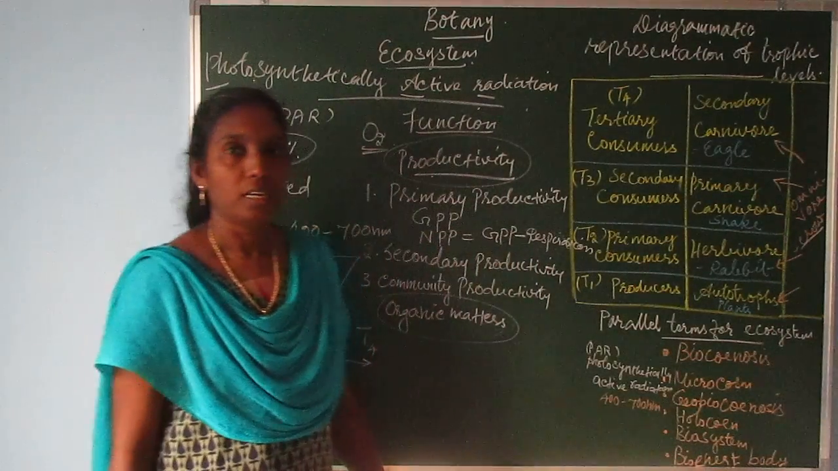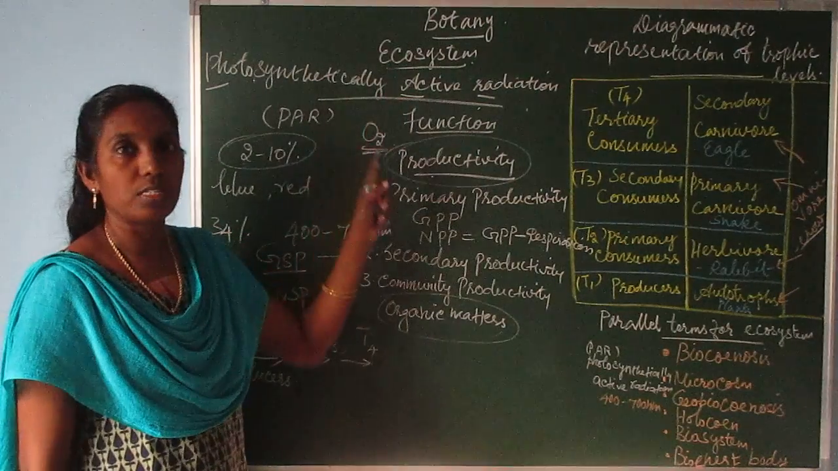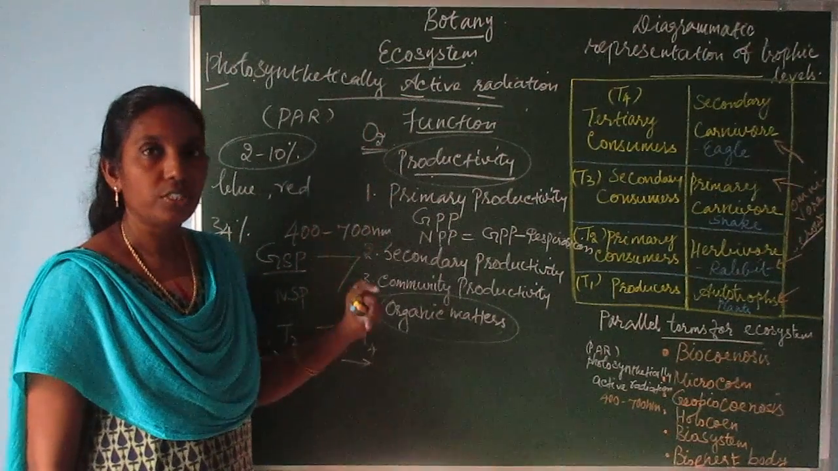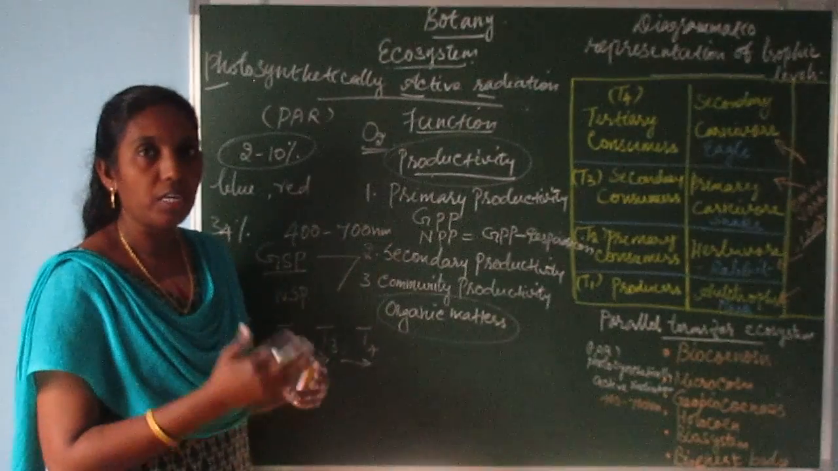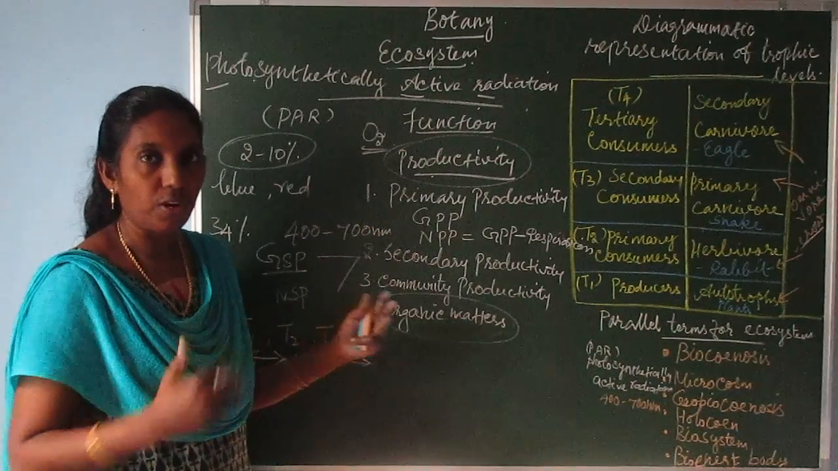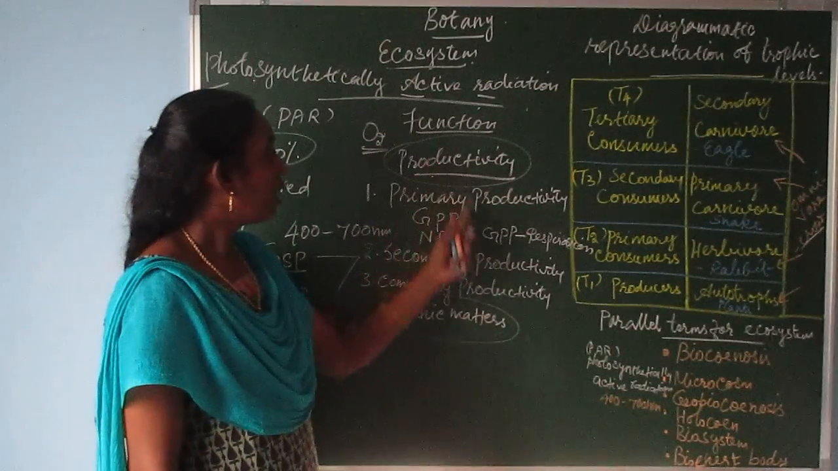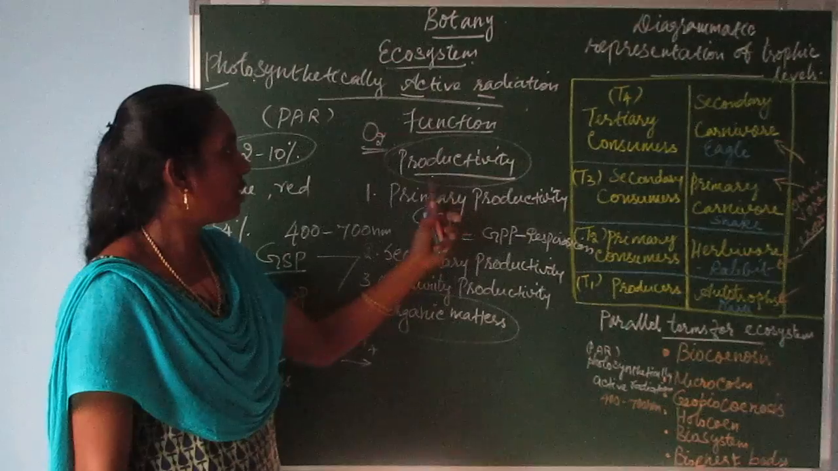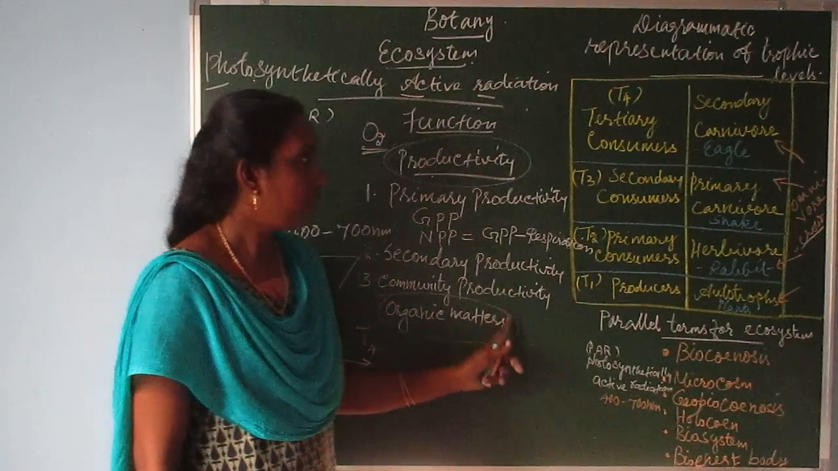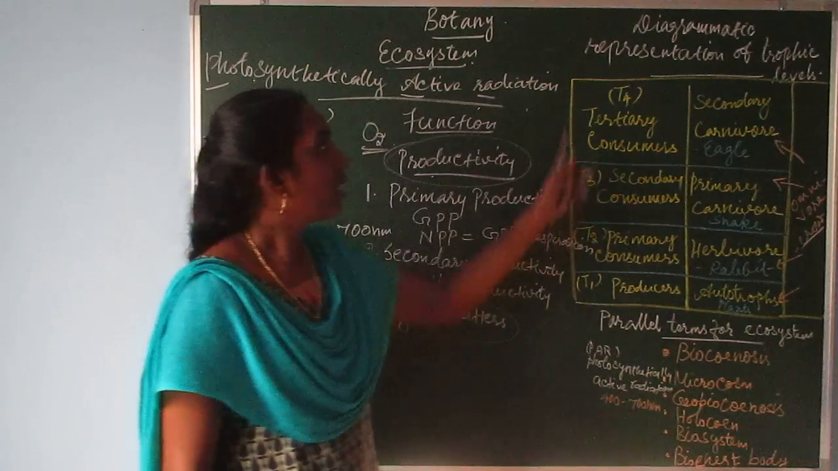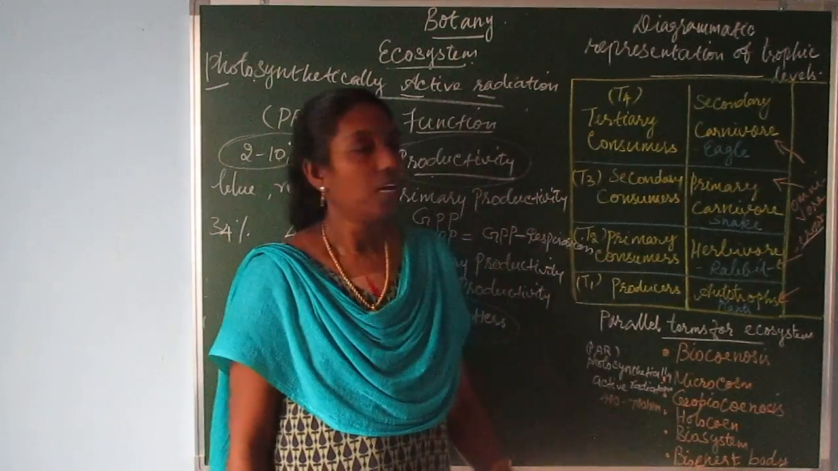So once again, let's recall what you learned today. The ecosystem includes structure and function. Structure is the abiotic and biotic components. And functions include productivity: primary productivity, secondary productivity, and community productivity. And finally, there is the diagrammatic representation of trophic levels. Learn these 3